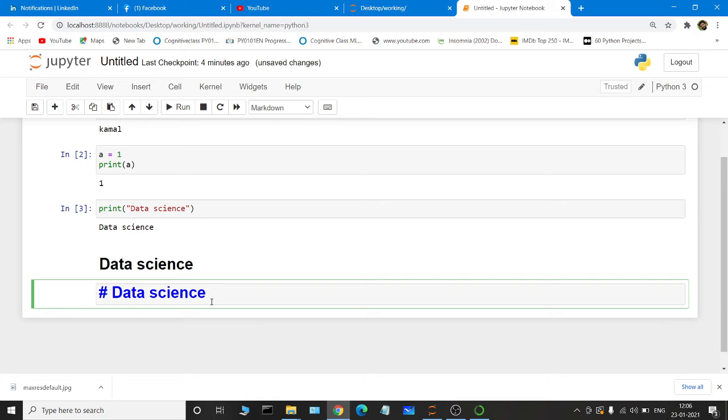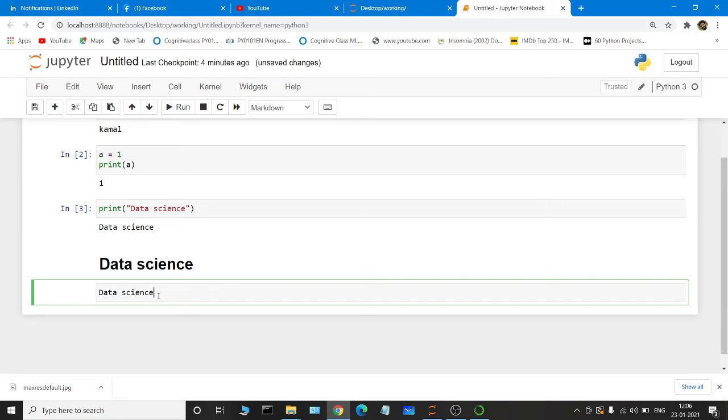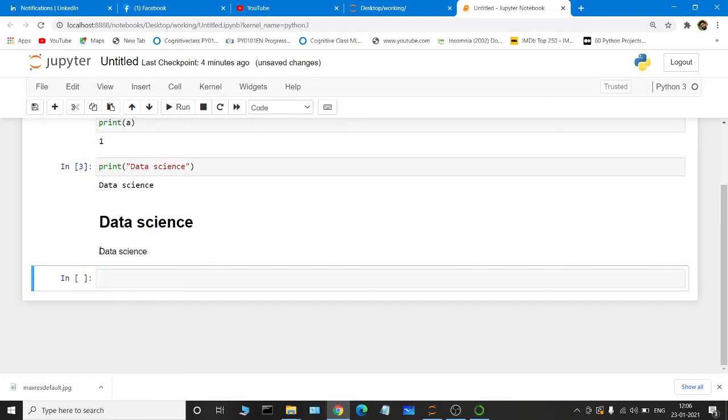If you don't want any heading, and just want to write some text for your understanding, just put it in markdown, write some text and press enter. Keep it on markdown and just run the cell. If you run the cell, see, for your understanding, you can do it like this also.